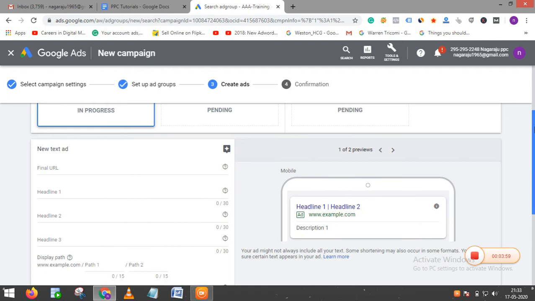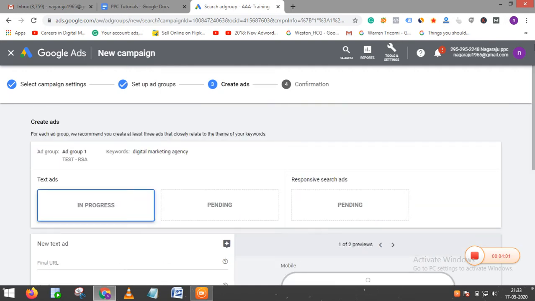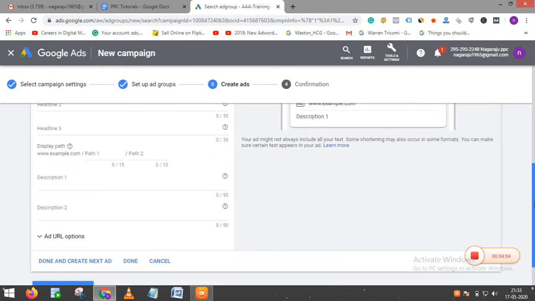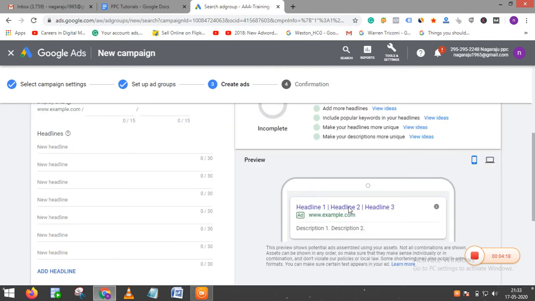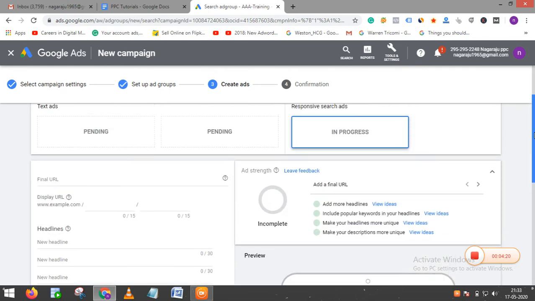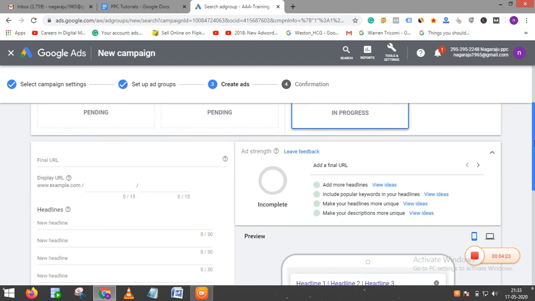Here you have to choose, click on cancel and click on responsive search ad. Okay, from here you have to give your final URL. For example, this is my website.